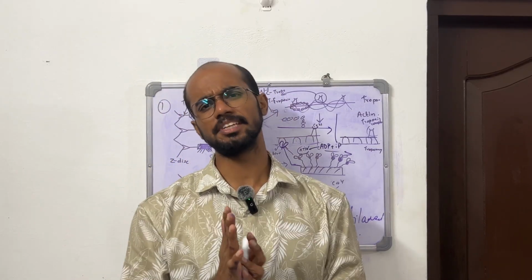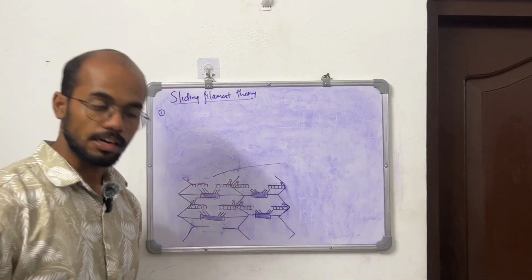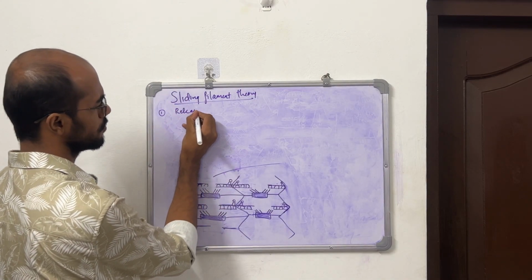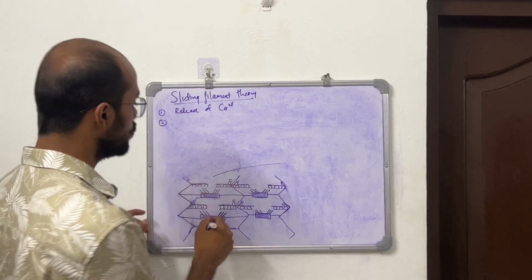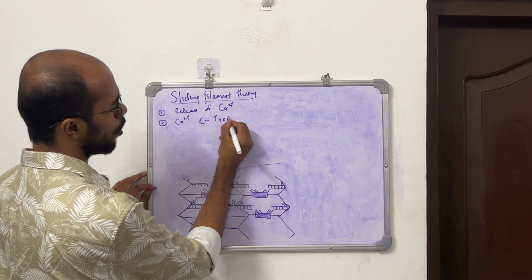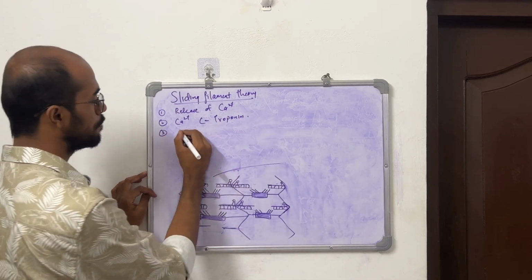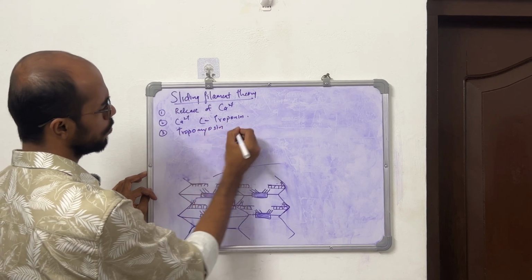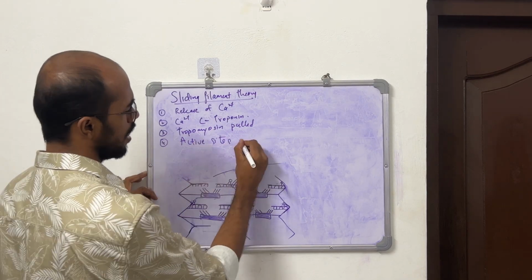Okay, so let us summarize the sliding filament theory, right? What happens first? The action potential runs through the T-tubule or the triad and it causes a release of calcium. Okay, and what does happen to this calcium? Calcium binds to the C-troponin of the troponin protein complex, right? And when it binds, what happens? It pulls out the tropomyosin. Okay, tropomyosin is pulled out, and when tropomyosin is pulled out, what happens? Active sites are unmasked,